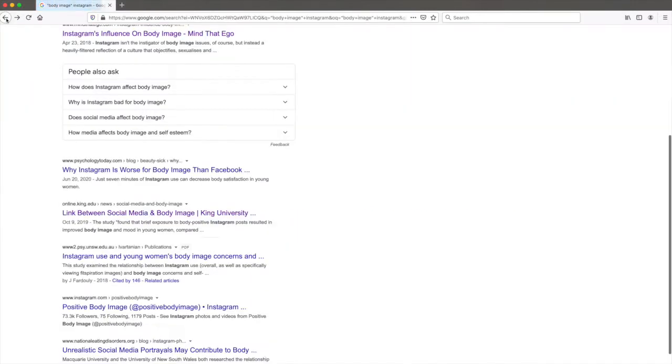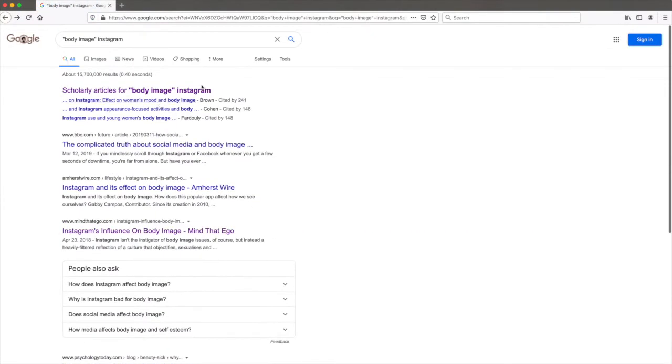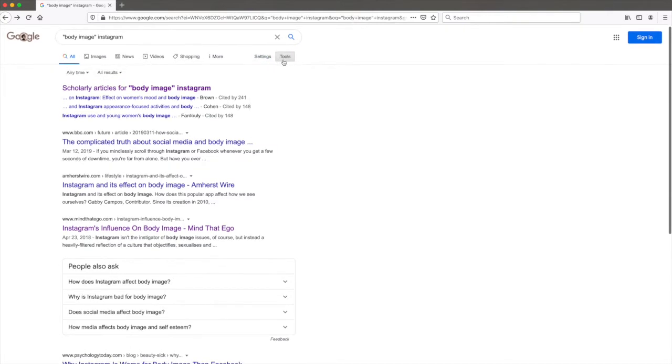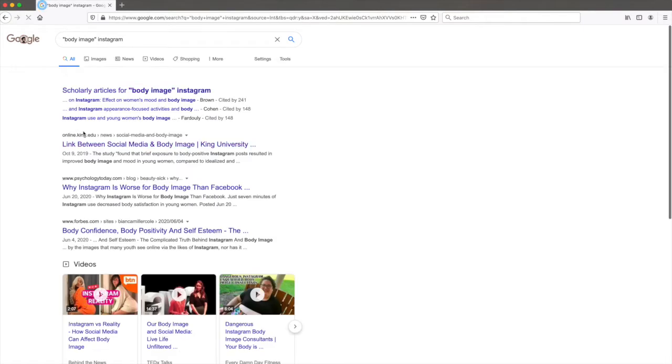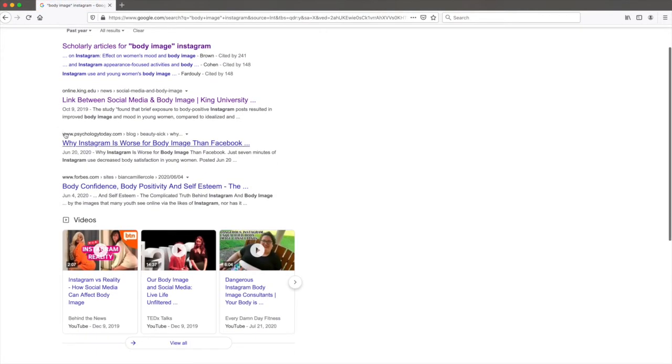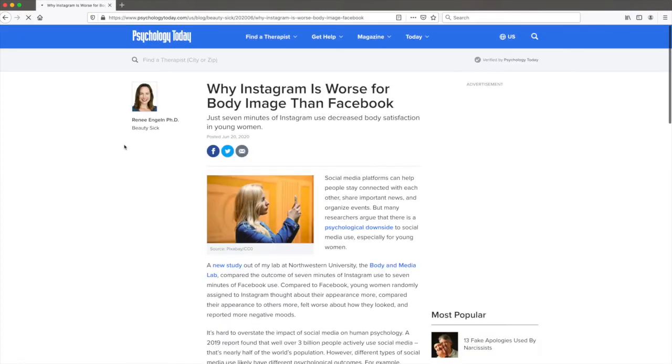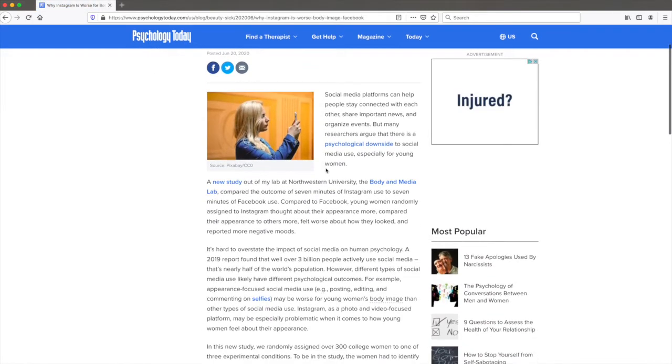Okay. I'm also going to do something here just within the browser, just within Google. I'm going to go to the settings, or I'm sorry, the tools. And this time, instead of anytime, I'm going to look for something within just the past year. So these are the articles that have come out recently. Here's one from June. Again, I've already found 3 citations worth following up on here.